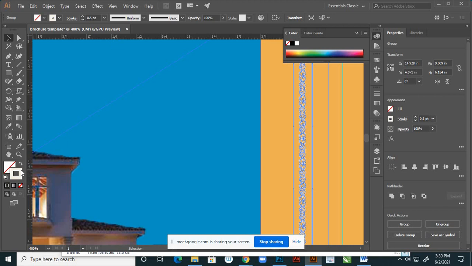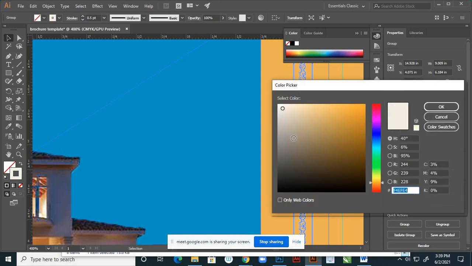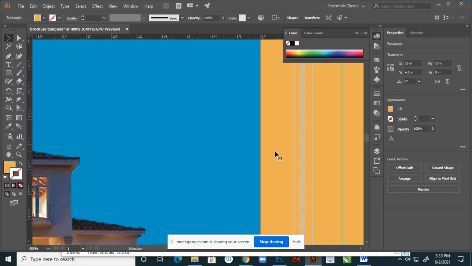So here I want to give some contrast. Suppose, yeah, I'll check with this. I want very light, mild tone actually.